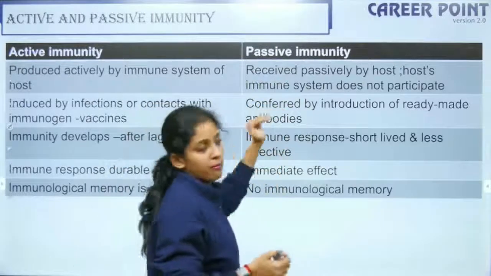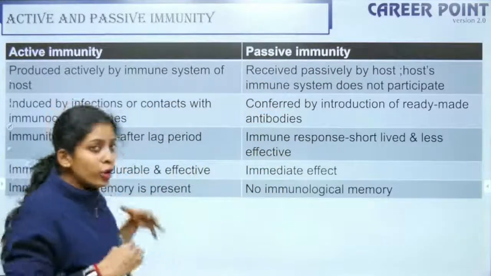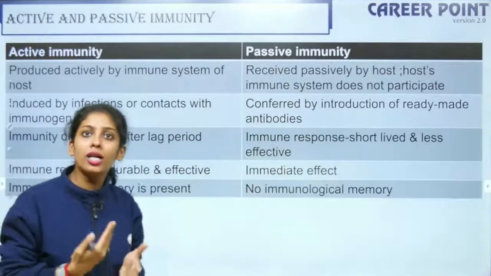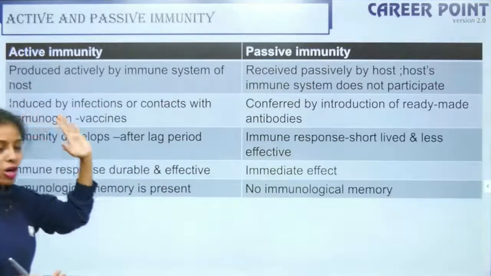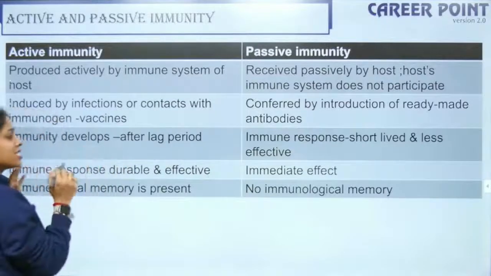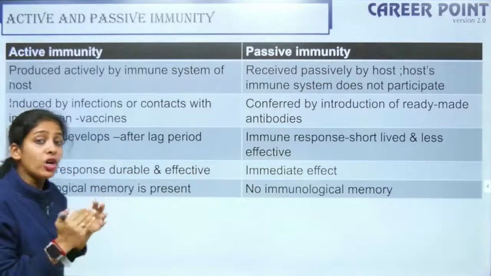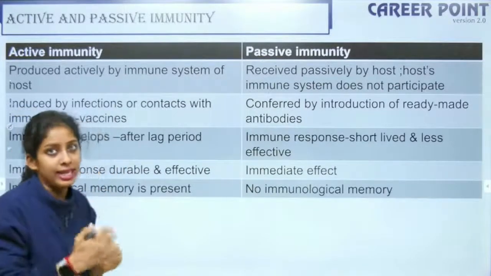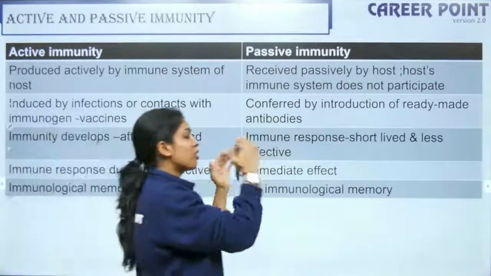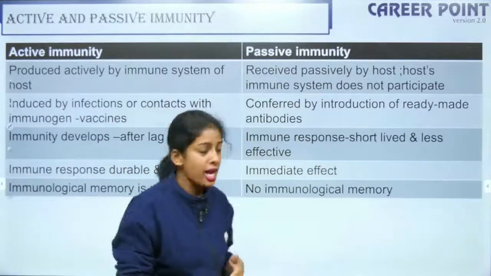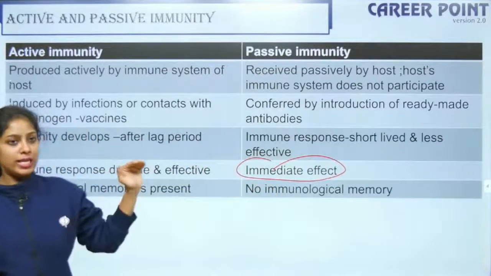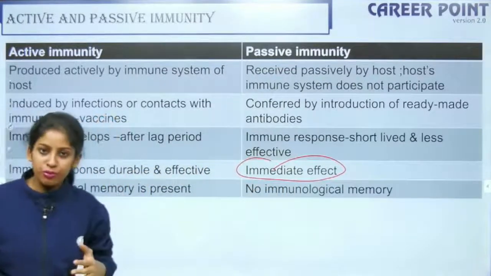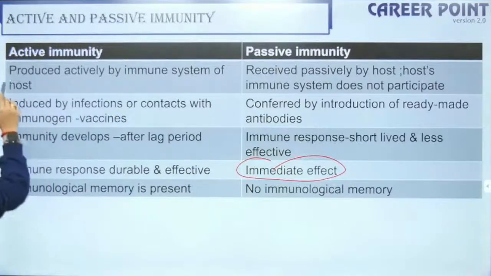It is ready-made. Right? So when you do something on your own, you learn the pros and cons, right? When your body is producing your own antibody, it takes some time, but it also produces memory later. Whereas in passive immunity, the memory is not there, but you have an immediate effect. Here you have a gradual effect. So please go through the difference. It is also very important.